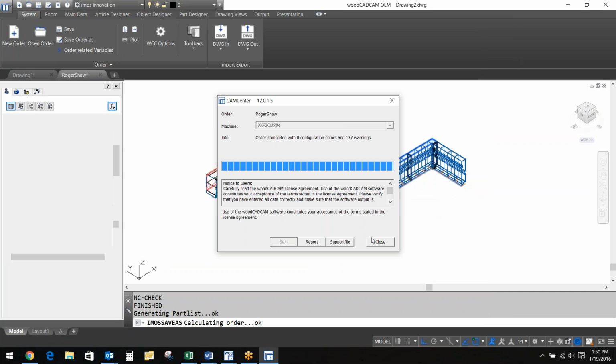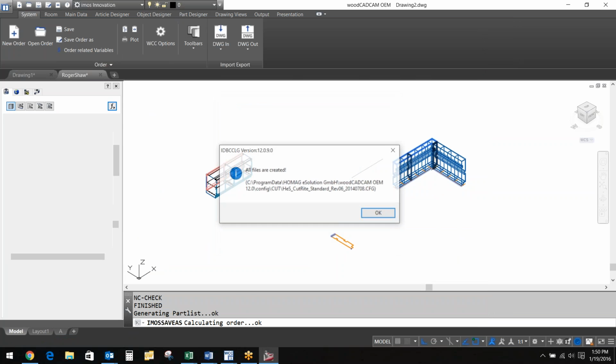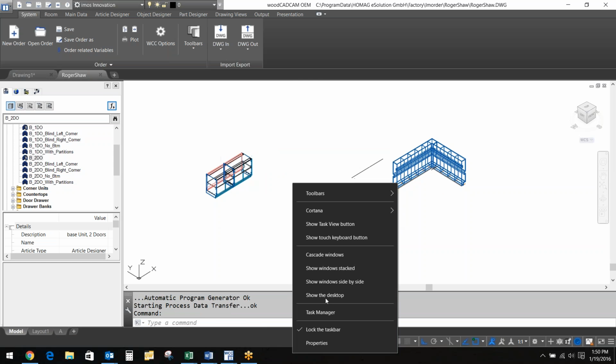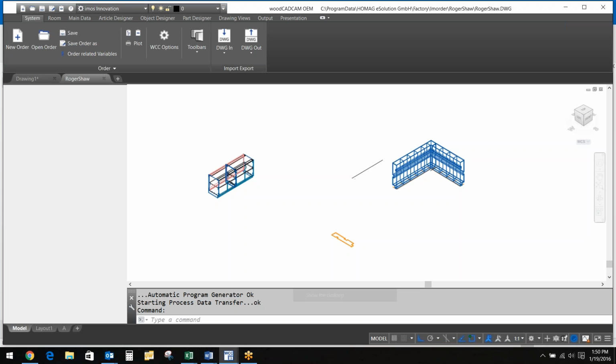And so the order is complete. I'll close this up, and it's going to make what we're going to call the CFG file for Cutright. So now if I said show my desktop and I opened up Cutright,